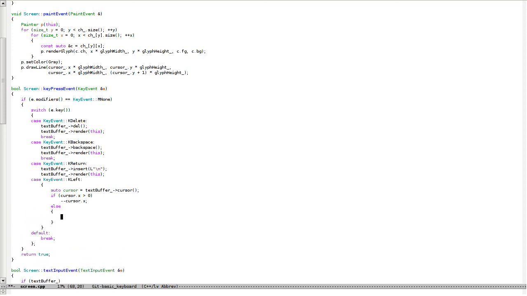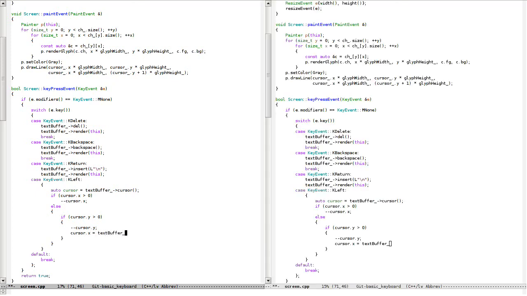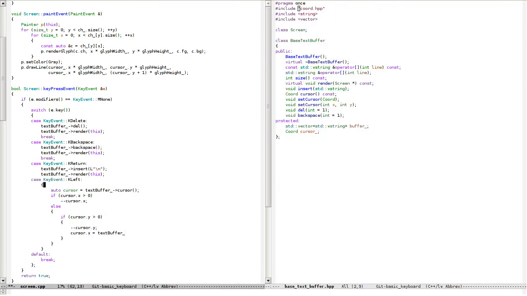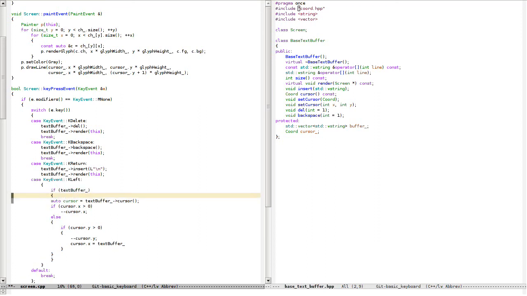And here I want to move the cursor up and put it at the end of the line, but first I have to be sure y is greater than 0, so I can use y and cursor x. Let me take a look at the interface. And yes, I want to be sure the text buffer is not null. How to indent? I want to put it at the end of the line, so